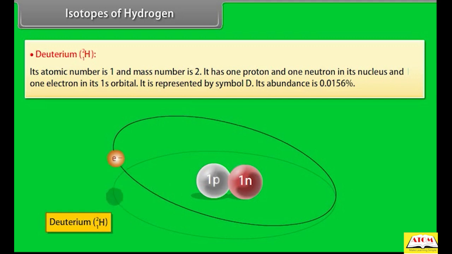Deuterium. Its atomic number is 1 and mass number is 2. It has 1 proton and 1 neutron in its nucleus and 1 electron in its 1s orbital. It is represented by the symbol D. Its abundance is